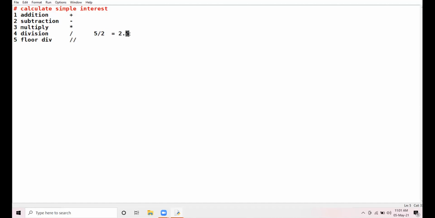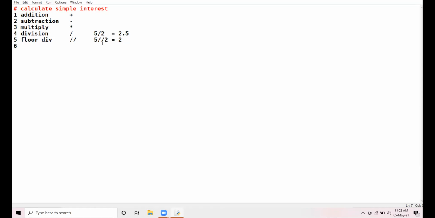When we do division with floor division, it will remove the decimal part and only take the integer part into consideration. Am I clear with the working of division and floor division? The difference is clear, beta?